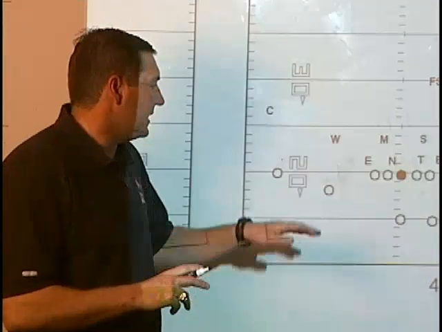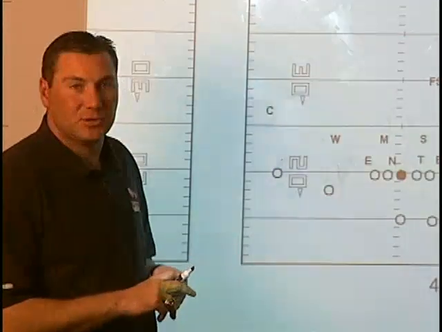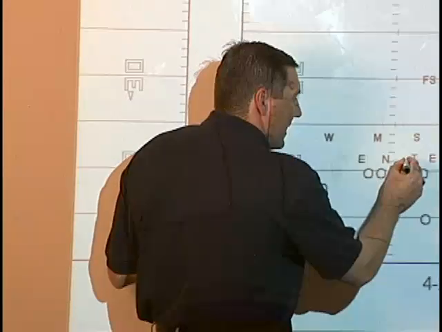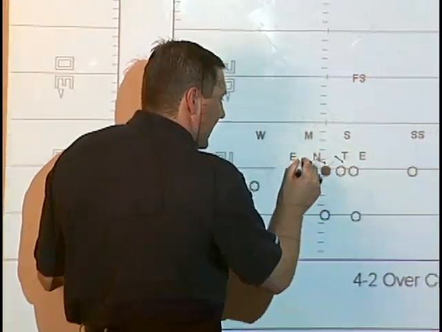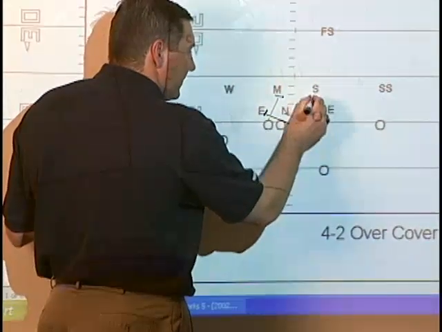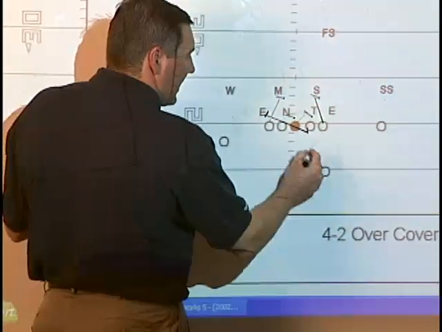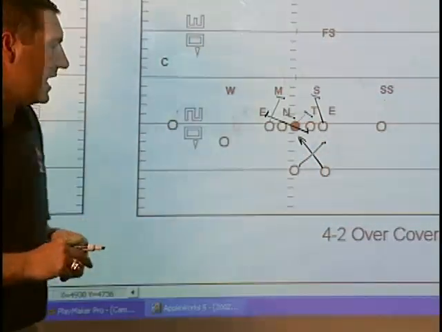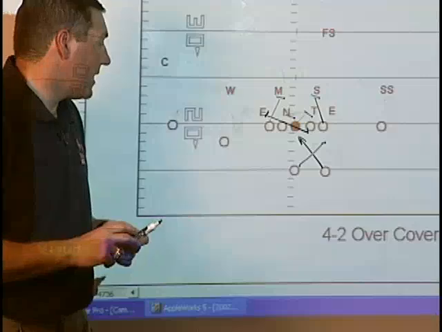The next look we have here is running the play back to a shade. We will then trap the 5 technique. We block trap as blocking back, inside releasing our tackle, and now we'll block the 5 technique trying to cut off the backside backer. The ball exchange for the quarterback and the running back